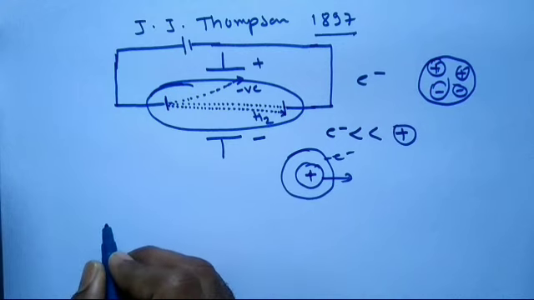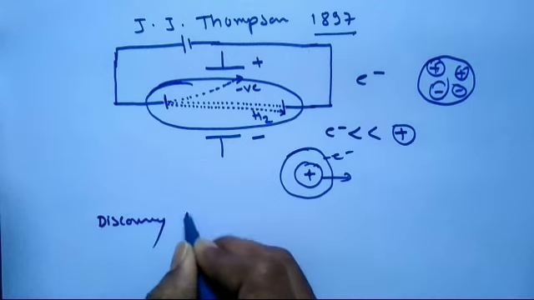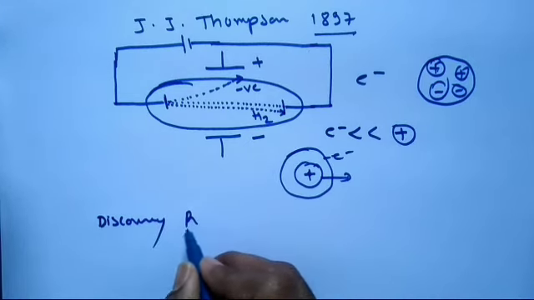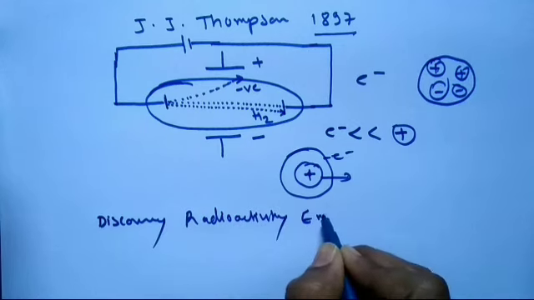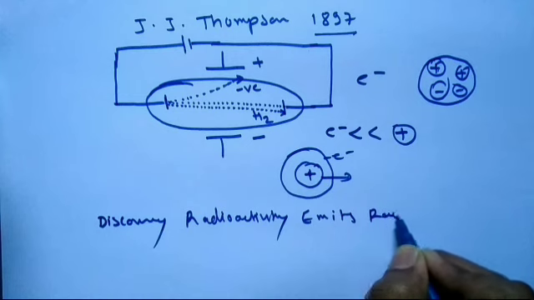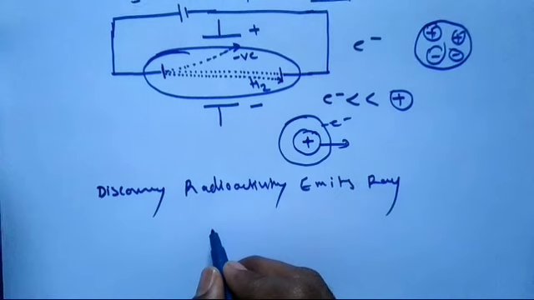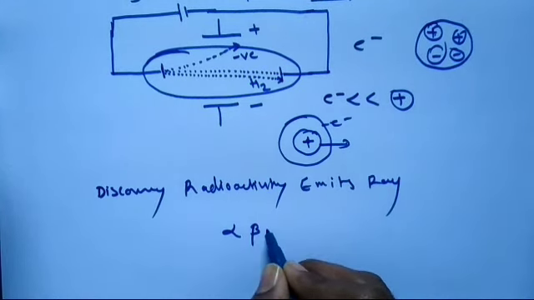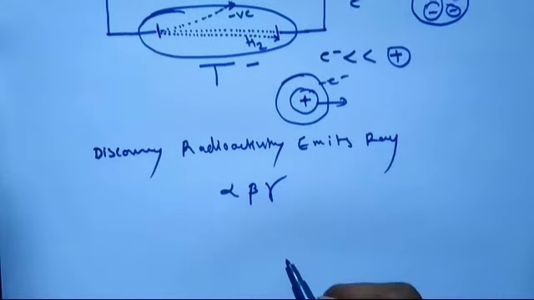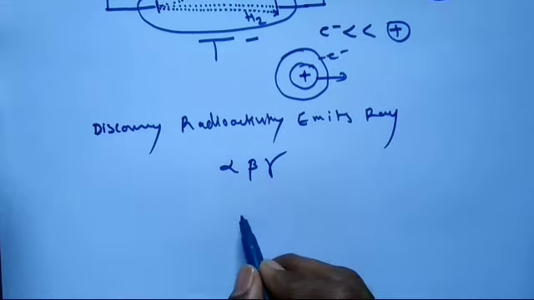to that time, the discovery of radioactivity: it emits rays. At that time they knew the Greek alphabets, the first being alpha, beta, and gamma. Because at that time people found that if something emits alpha, beta, and gamma rays, and you put